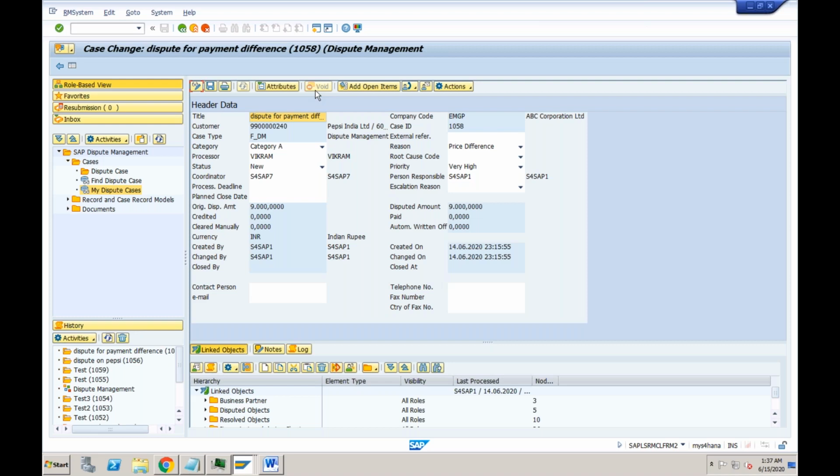Clear on function profile? So what we understood till now, three things. We understood the attribute profile. Attribute profile means the fields, whether this field should appear, and if they appear, in which column, in which row they should appear. Number two that we understood is the function profile. In the function profile, we understood what functions are available to the user. Whether he can print or save or void, what options will be available to the user, that can be controlled via the function profile.